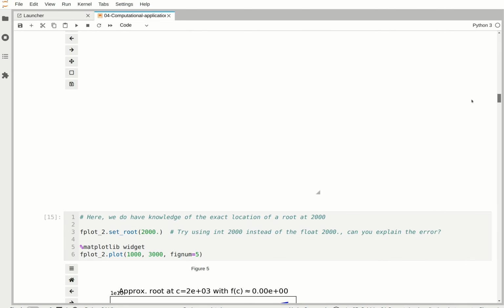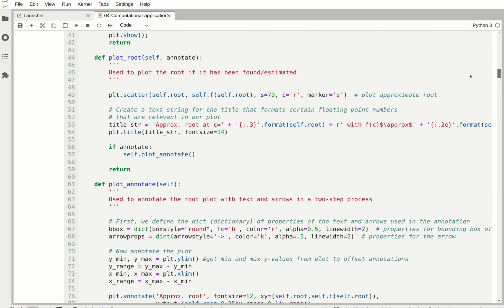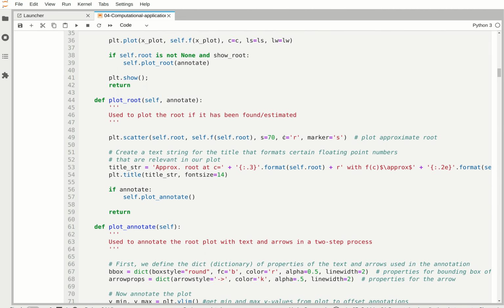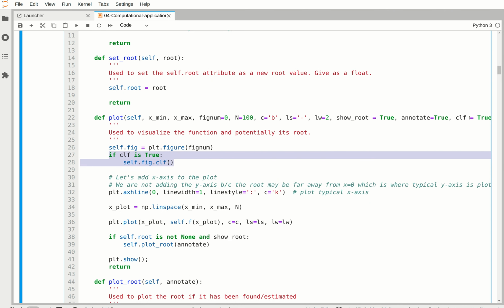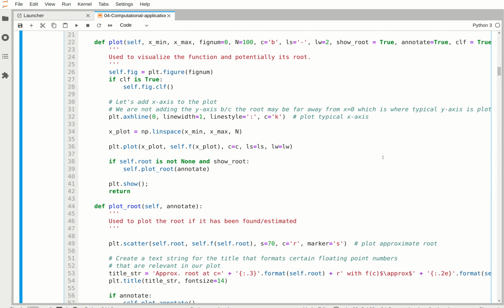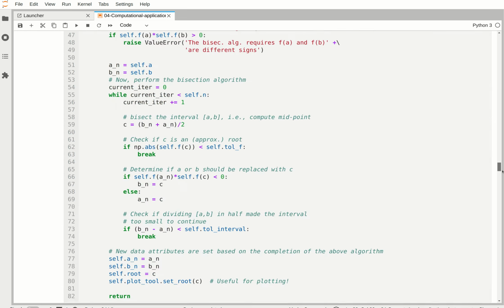So it's a lot of scrolling. I know it's kind of a long notebook because there's a lot of information in here. When we plot this, here we go, we clear the figure as a default option so that every time we do the plot, we don't clutter it,